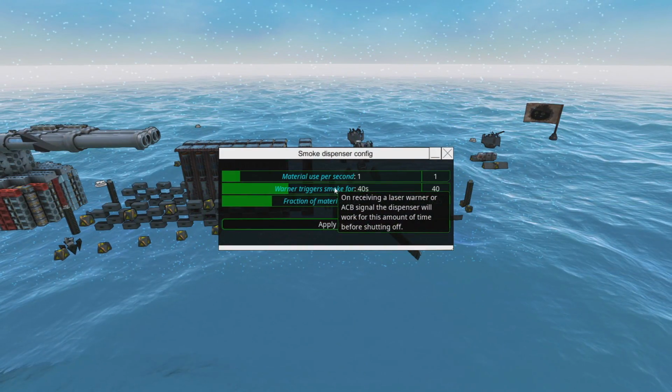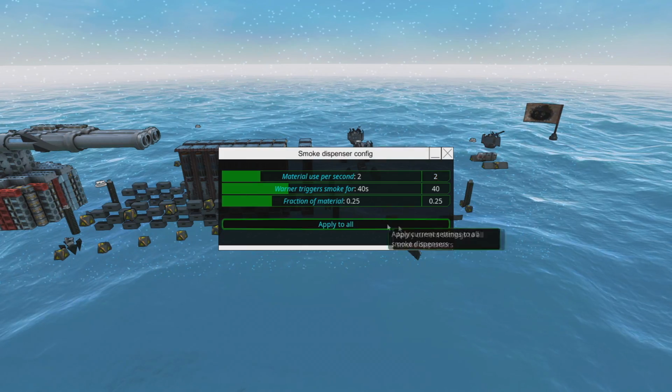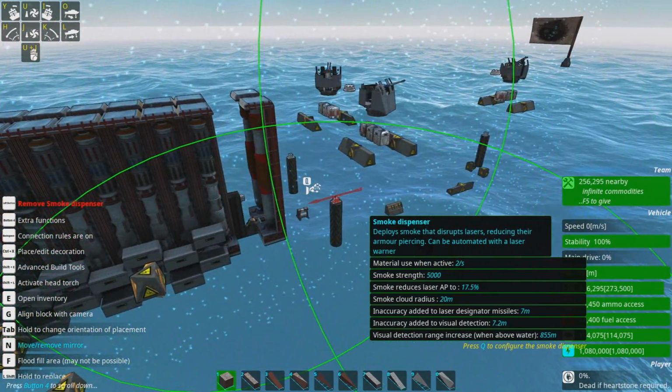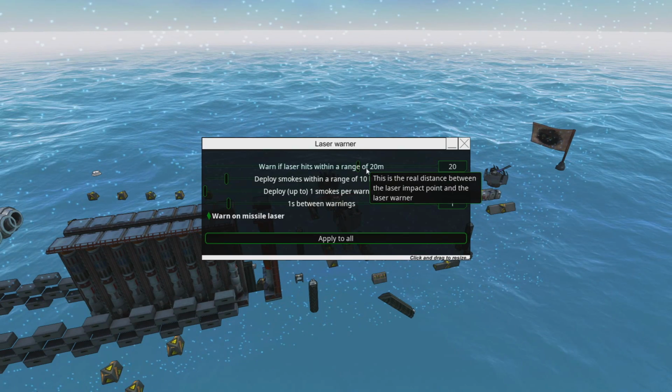So, trigger smoke for 40 seconds. Fraction of material, we're going to set that to 2, just to be on the safe side. That's going to burn through material a lot, but it'll be okay. And we also want to hop over to the laser warners, I just realized, and say warn within a laser hits of...